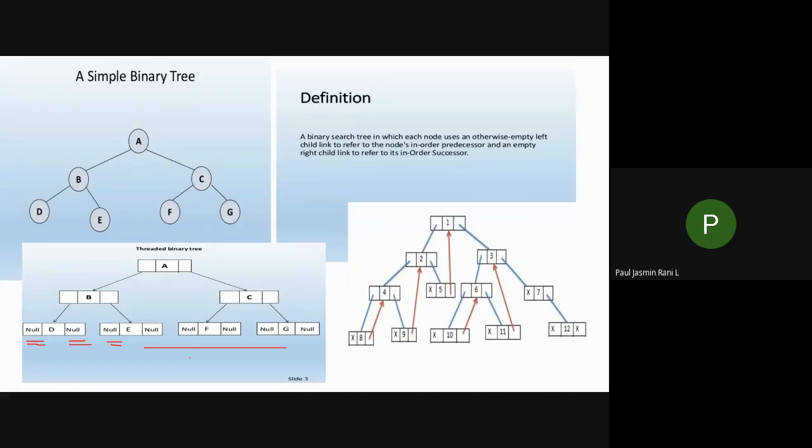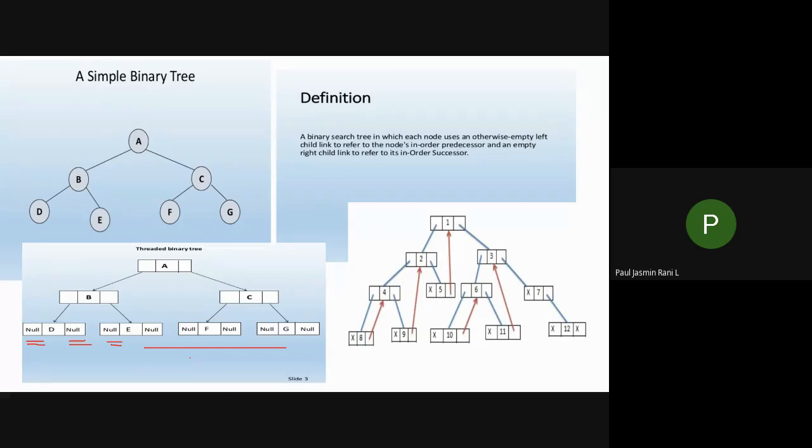But when you use null over there, any traversal takes more time. That is, you have to check whether you have a null or not, then you have to backtrack to your parent node again, and from your parent node you keep doing your traversal.